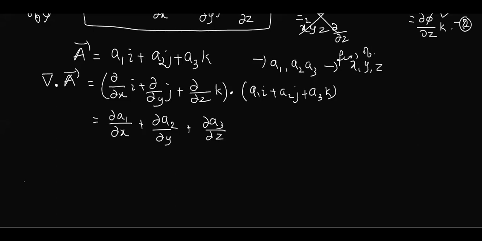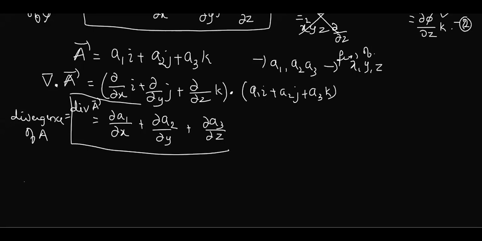Okay. Now, when you have operated a dot product, tell me what you are getting. Scalar or a vector? Scalar quantity. Very good. So what you have obtained here is called the divergence of A. This is called the divergence of A, or it is just even denoted like this, div A, or del dot A. Got it? It is the second definition. Now after this, what can we do? What can we again find out?